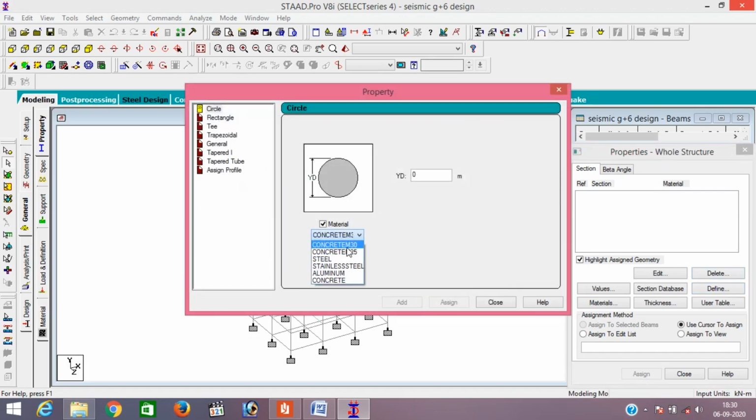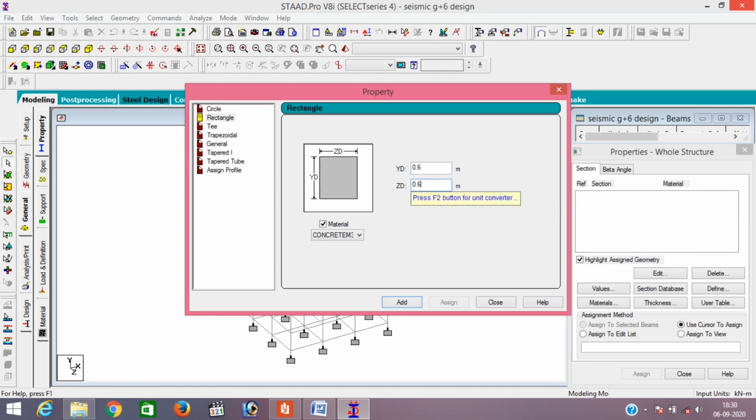After saving it, you can see here the define. In the define you can see the 2 grades of concrete, M30 and M25. So just give our size. Firstly, our column size is 600 by 600 mm beneath the plinth beam. So 600 by 600, grade is M30.